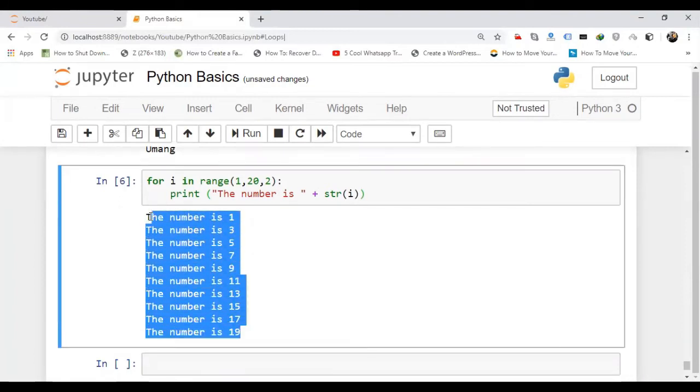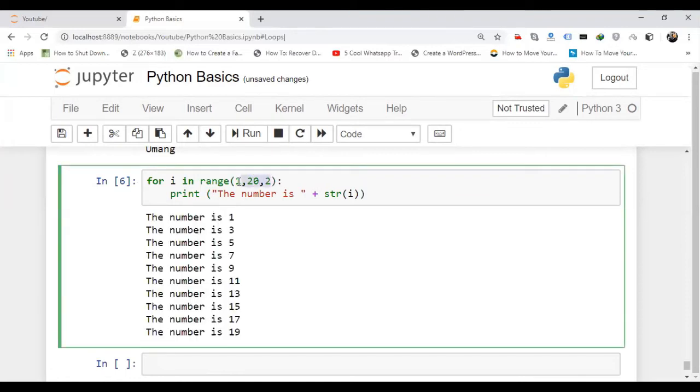So this is how basically you use a loop in Python. Basically, in range, we give 3 arguments. The first one is the starting range, the second one is the stopping range, and the third one is the step value. Now, if you give only one value, that means it will simply execute that number of times. So if I write here simply 10, it will execute the loop 10 times.